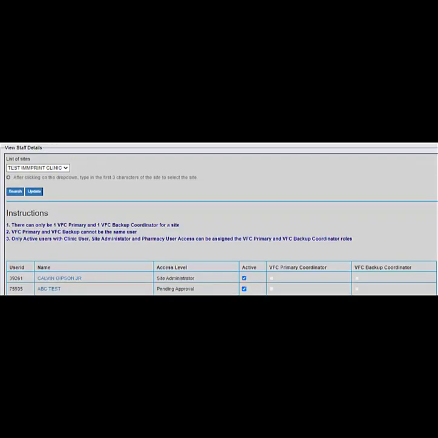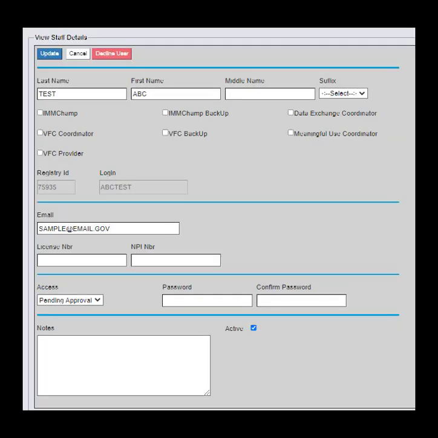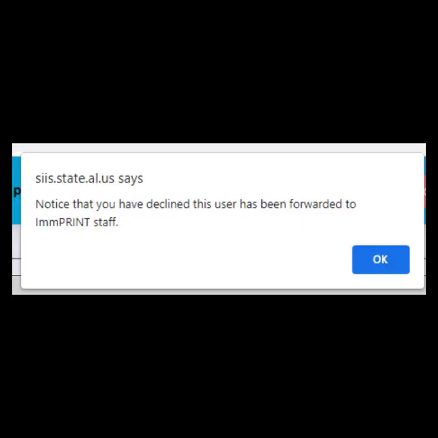It is possible for someone to register for your site who does not truly work there. In this case, ABC Test. Click on ABC Test name, which takes you to the staff details page, and simply click Decline User. You will then see a pop-up message notifying you that this user has been forwarded to Imprint staff to be